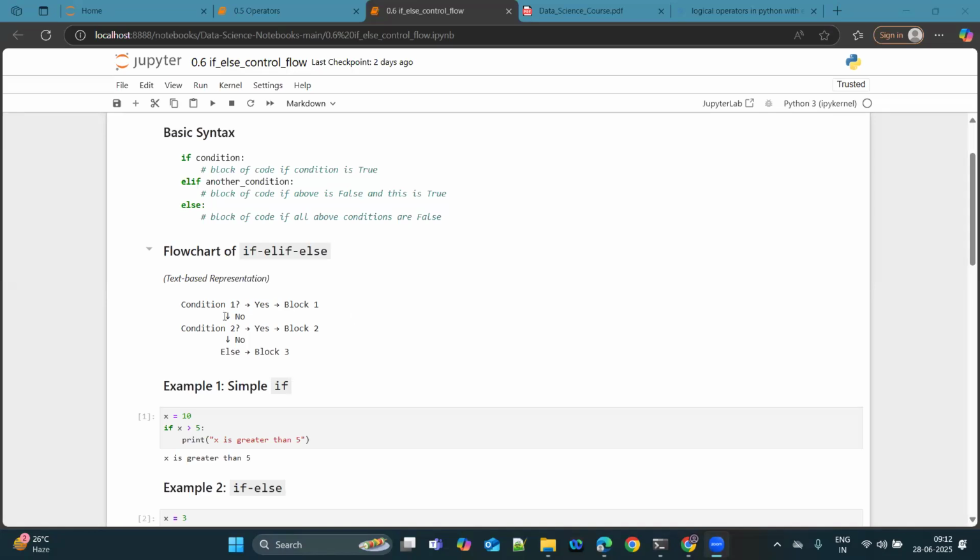No, if not, then it will go to the other condition. And if the condition is true, then it will go to block two. If not, finally it will go to else, where in the else we'll have block three. Similarly, basic syntax. Initially we have the if condition, where in the if condition, we'll have